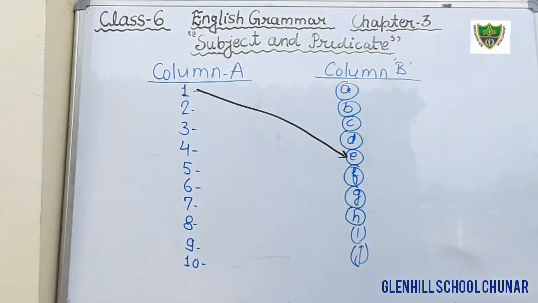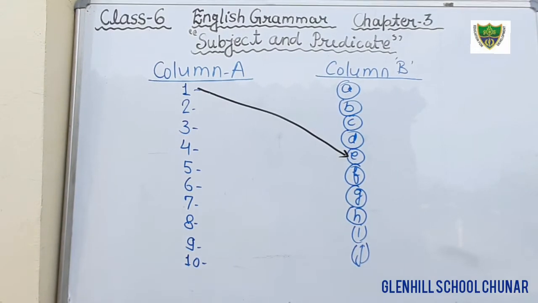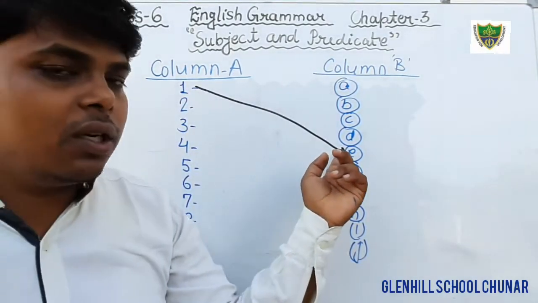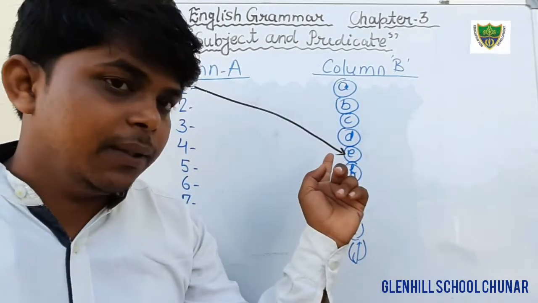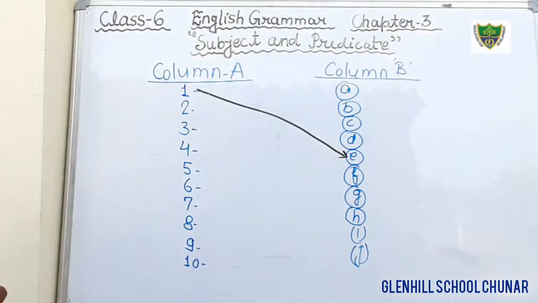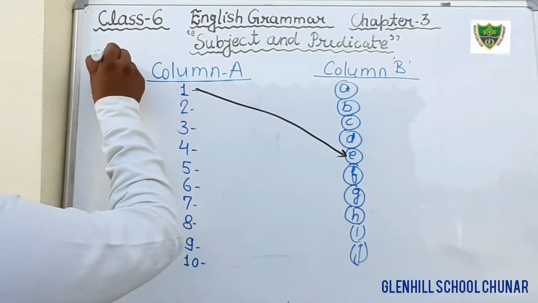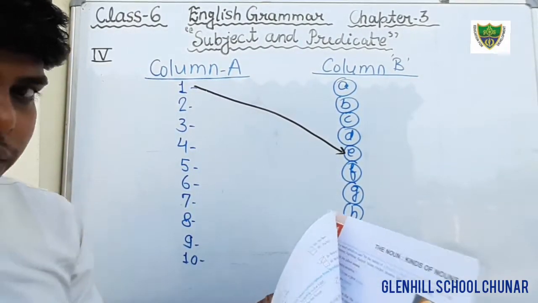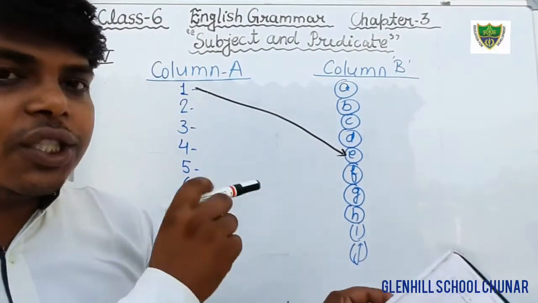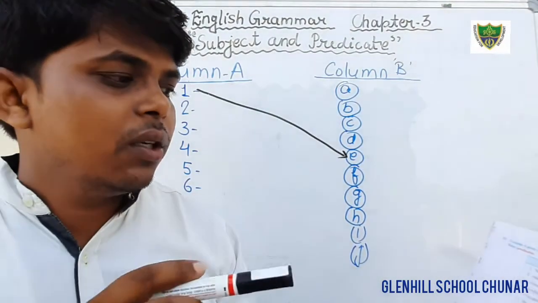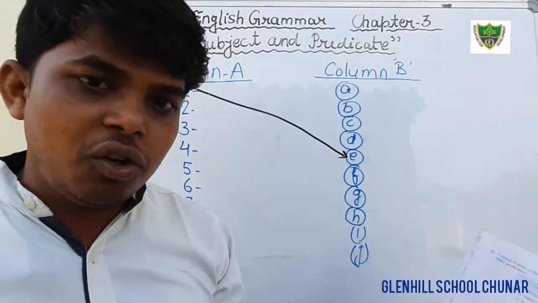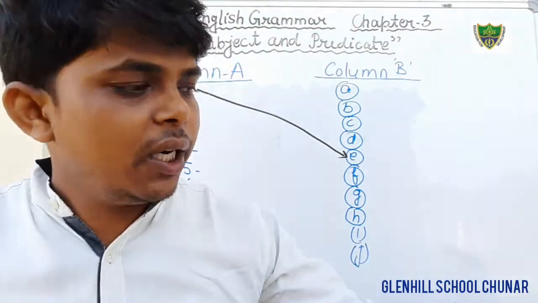Okay students, just match it first with the help of a scale and pencil in your book. Your first question you will match with E. Okay, this is question number 4, given at page number 15 in chapter number 3. Just see, the first one we will match with E, that is given here: is a good girl. Okay students, I hope you all have understood and completed.